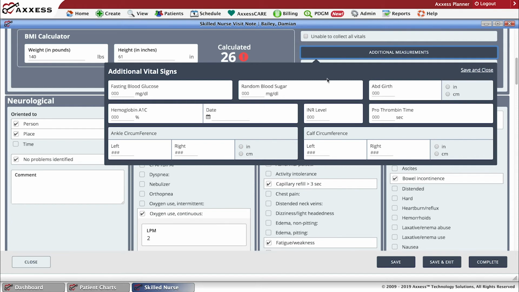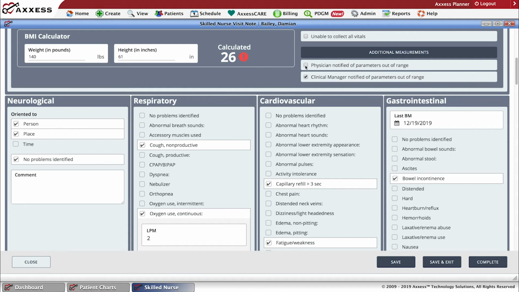Once you add this information, make sure to save and close. You can also document if the physician was notified or the clinical manager was notified. The BMI gets calculated automatically,